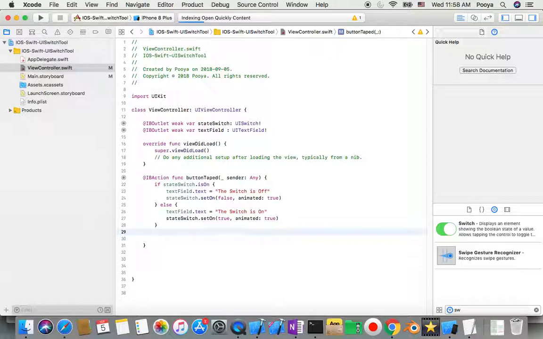Yeah, this is the function that will happen when we tap on the button. But we need another function. Why? I'll tell you. You know, this function we need when, in viewDidLoad,